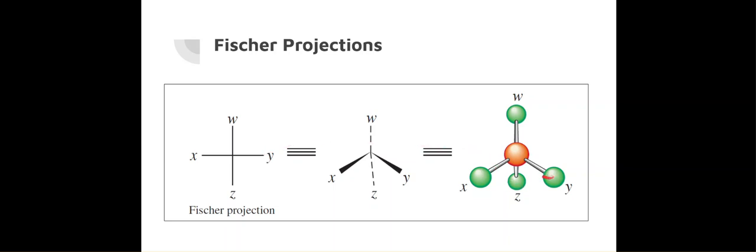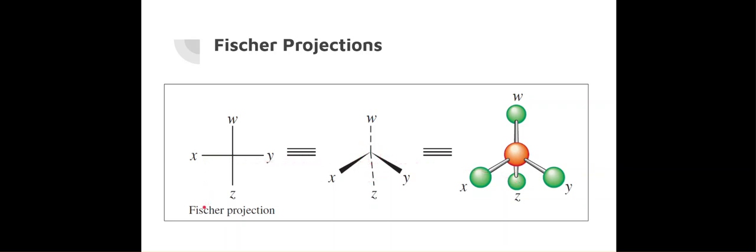So here's our 3D molecule. You've got a carbon here in the center and some different groups attached to it. This is how you would draw it with a stick figure, like with your little molecule toys. How that sometimes gets represented on paper is with wedges indicating that they're coming out of the page towards you, and dotted lines indicating that they're going back into the page away from you. So sometimes they get drawn this way.